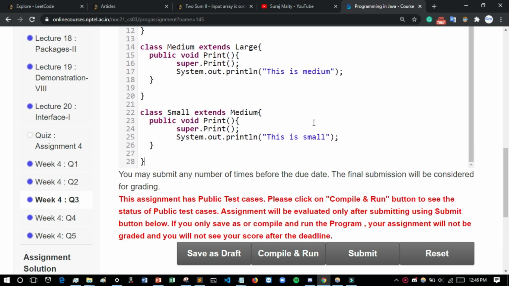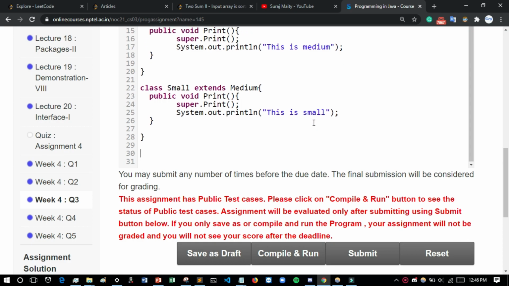Now we have to create the class which is the name for question 43, and then implements extra large.